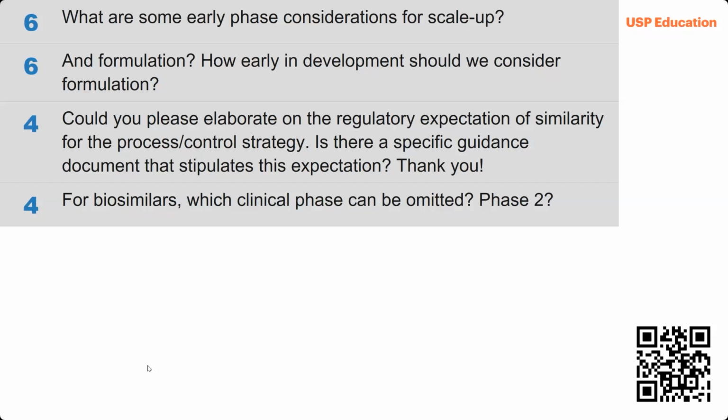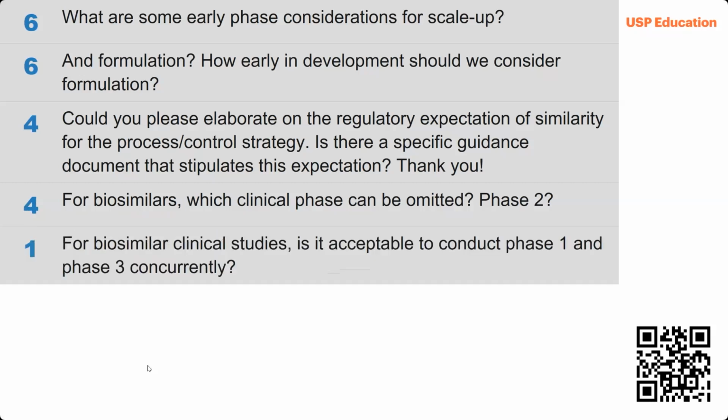At that stage you could start thinking about the formulation elements. Until you have a biosimilar material that is chemically representative of the reference, that has stability, and that is pure enough,